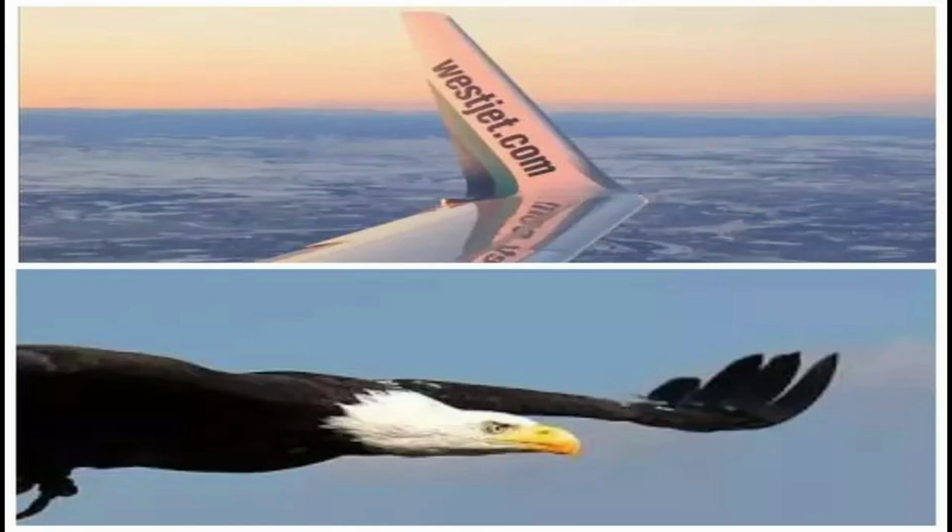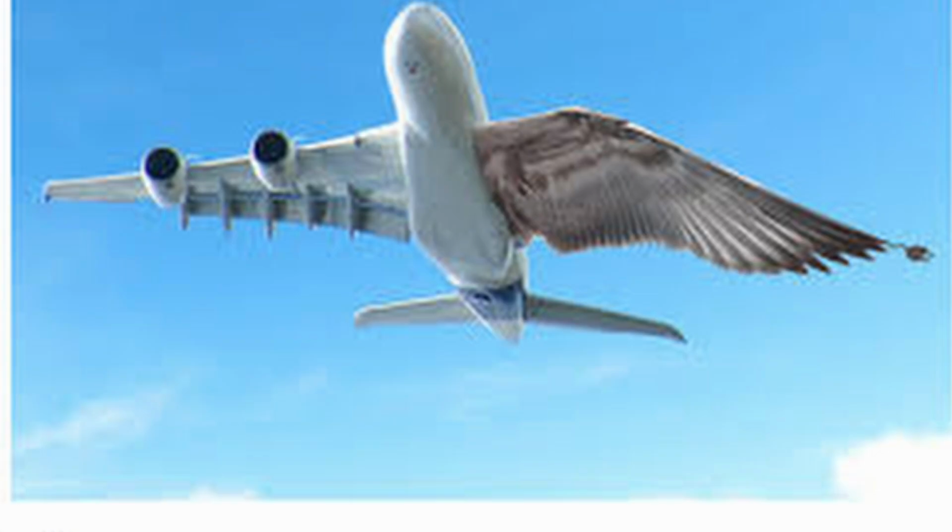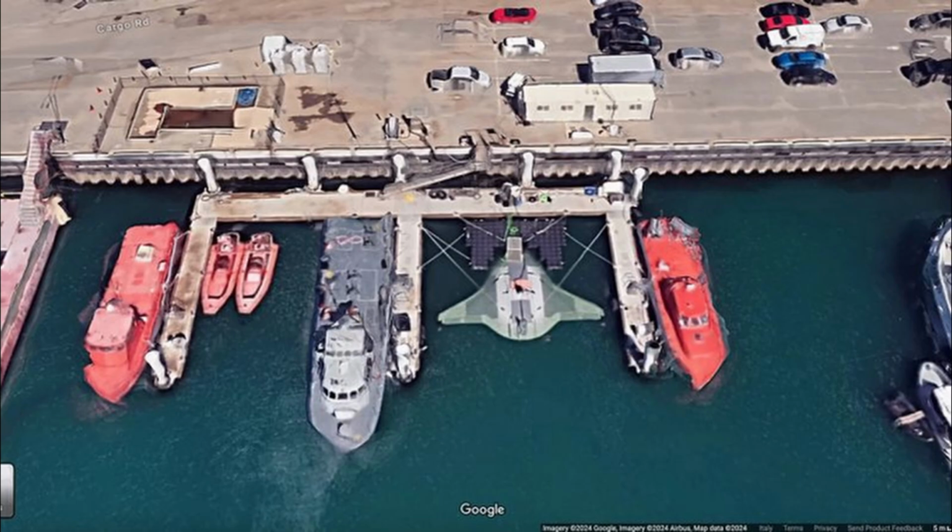In aerospace, another example is the development of wing designs inspired by bird flight. Engineers have studied the aerodynamics of birds, like eagles and falcons, to improve aircraft wing shapes for better lift, reduced drag, and improved maneuverability. In the context of drones, biomimetic designs such as the manta ray-inspired underwater surveillance drone developed